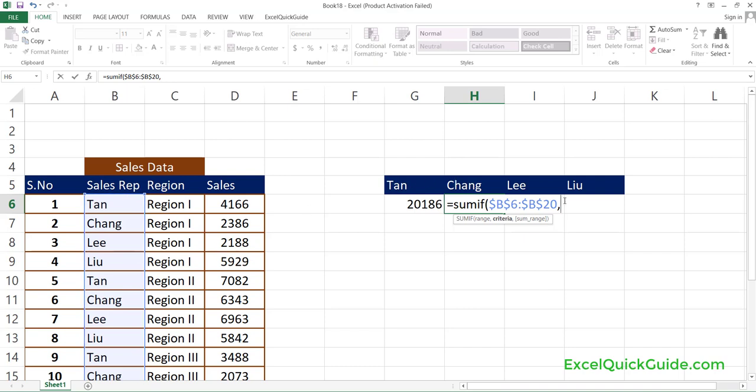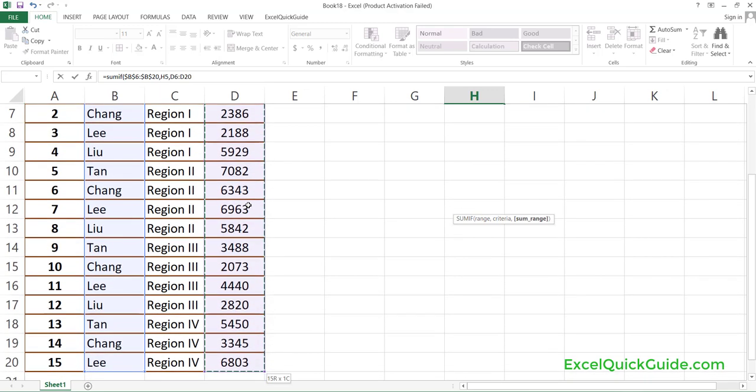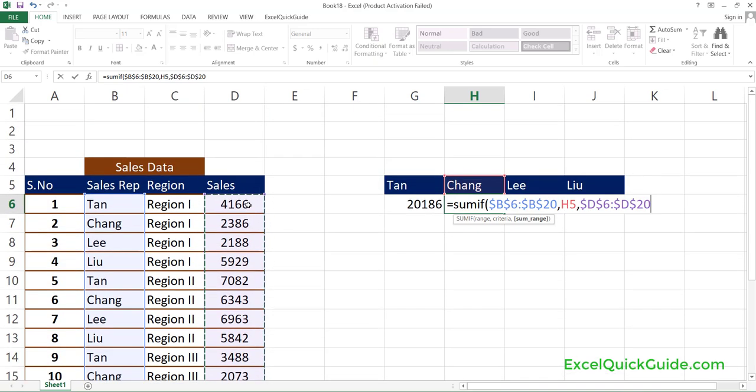Now next you go and click on Chang. So this is the requirement. This is the person I want. And then you place a comma, and what do I want from this person? I want the total sales that this person has done. And where is the total sales found? It's found in this particular column. Press Ctrl Shift downward arrow, press the F4 key, you get the formula, close the parenthesis and click enter. So there you go, you got